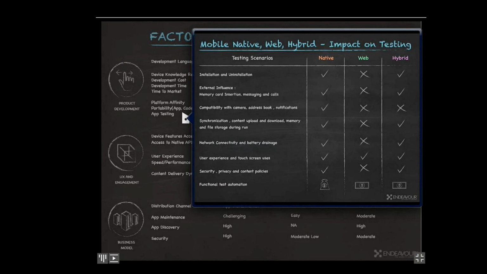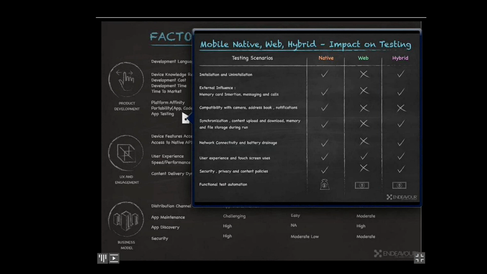Again, if you just realize the target devices, the more number of target devices and more number of platforms, testing is anyway going to increase. But when it comes to browsers, there are not many variety of browsers that you are going to support compared to the number of devices or the variety of devices and platforms that you have to support. Native and hybrid applications present many additional use cases, as we are talking about.